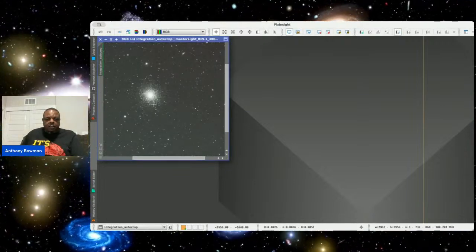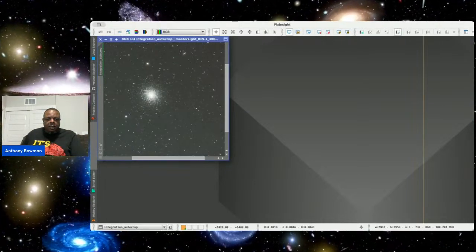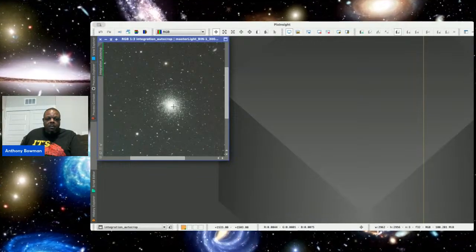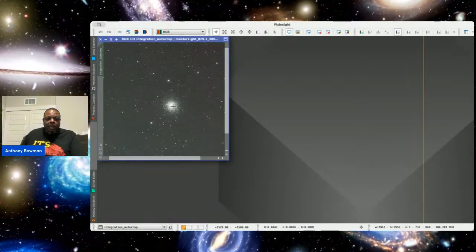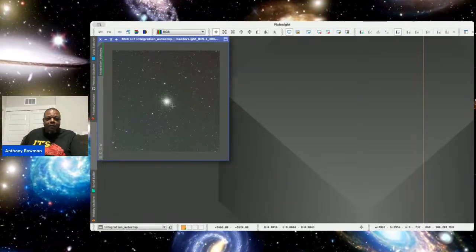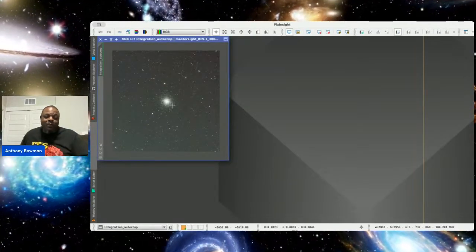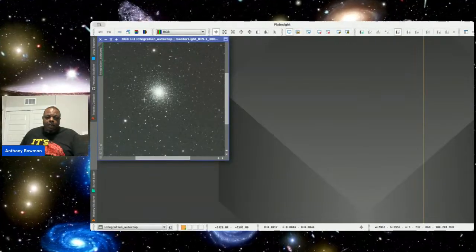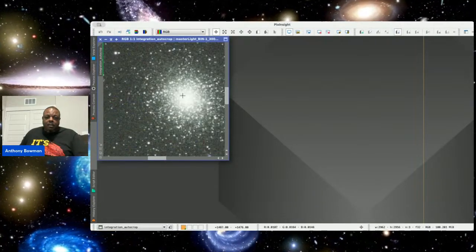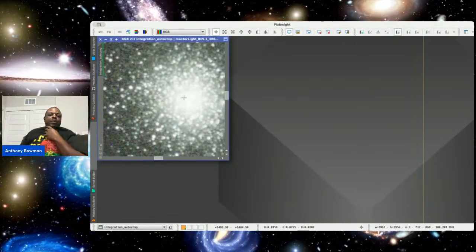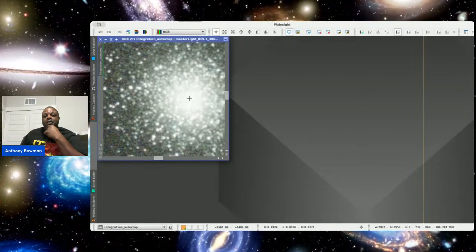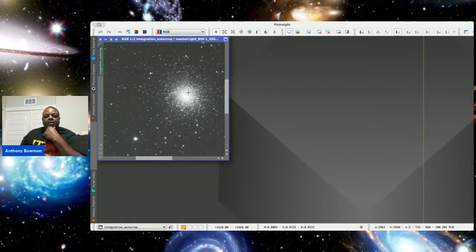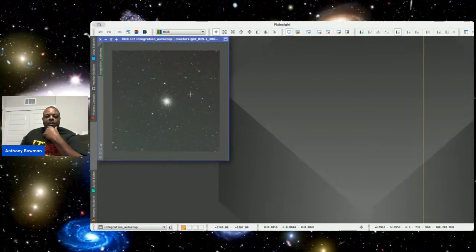Yeah, that's pretty good. This is the globular cluster M13, AKA for the Space Age African Astronomy Club catalog, MacRob. And that's a lot of stars. You're looking at maybe up to 100,000 stars. But you see it's kind of grainy. There's some work to be done, so we're going to clean it up a little bit.